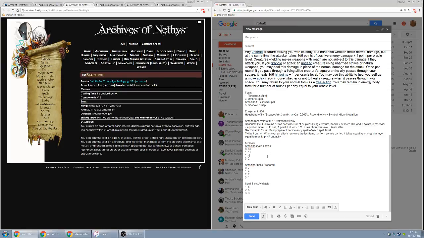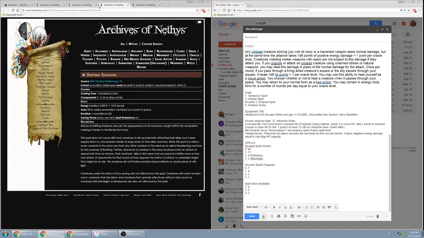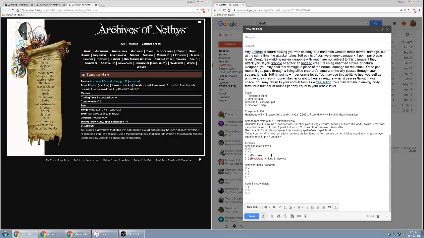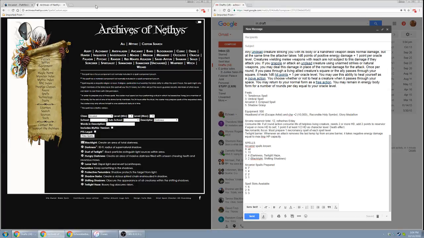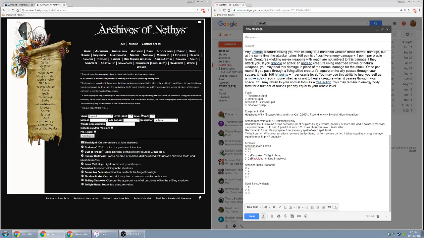So one of our third level spells known is going to be Black Light. One of our second level spells known is going to be Darkness. Another one is going to be Shifting Shadows. So that's going to be both of our Arcana third level slots. And Twilight Haze. And the rest of them... Yeah, like you highlight. Okay. The rest of these spells